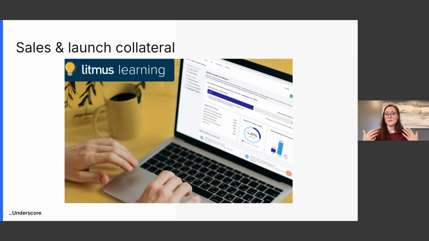Because often products will kind of go to market, and sometimes we forget that people don't intuitively, naturally know exactly what it is that they're supposed to do or how something works. And so as much as we can help to come alongside and say, hey, as part of this launch process, let's consider enablement, let's consider training, let's consider maybe on-demand content or help articles that would support people in successfully adopting this new product, feature, functionality, whatever it is. We want to make sure that they have that.